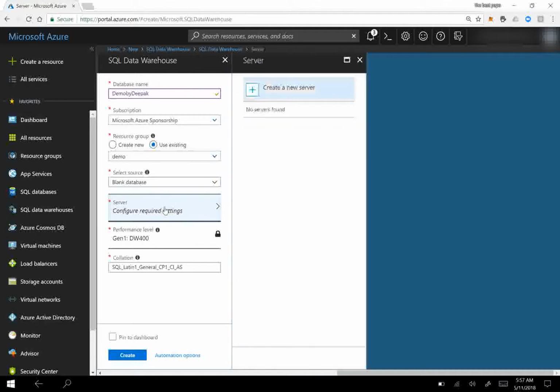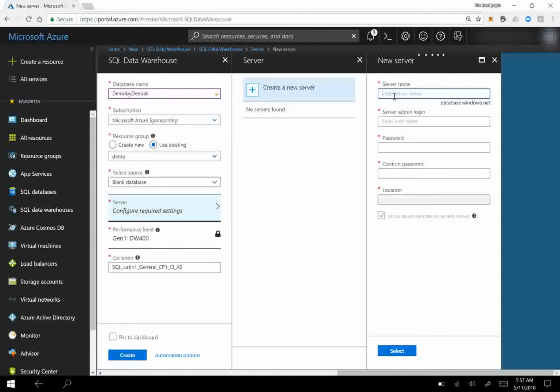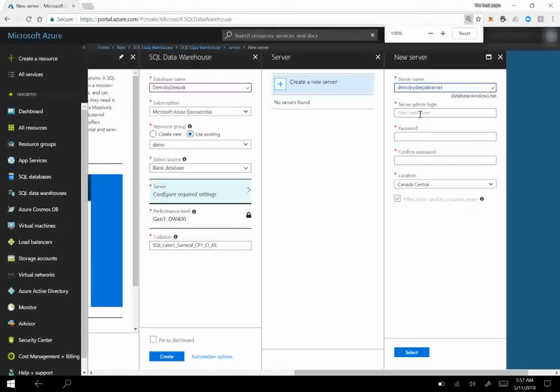Now we have to procure the server, and to procure the server, give the name. I'm giving demo by Deepak server, and give admin name, password,